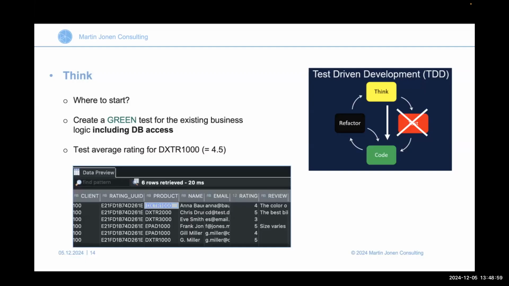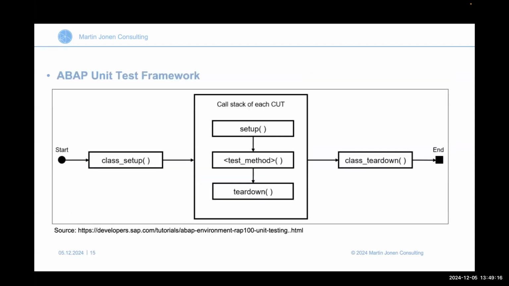Here we see the entries stored. Line 1 is 4. The last line is 5. So if we are calculating the average, it is 4.5. With this in mind, we are creating our first unit test, and for this we need the unit test